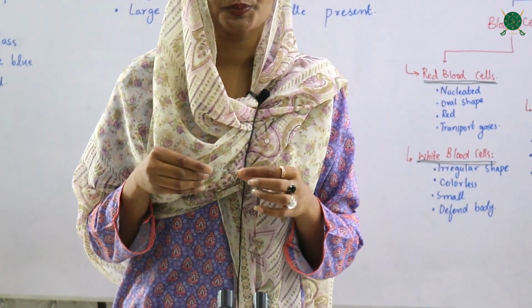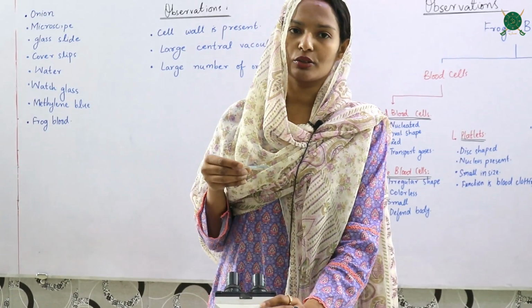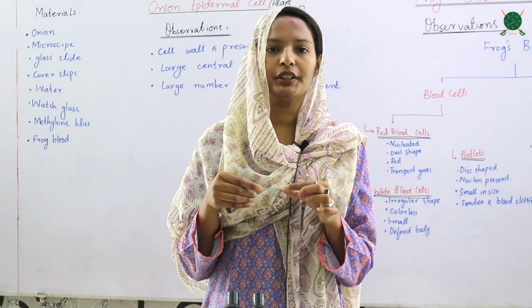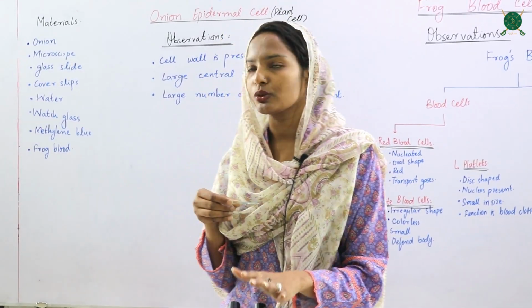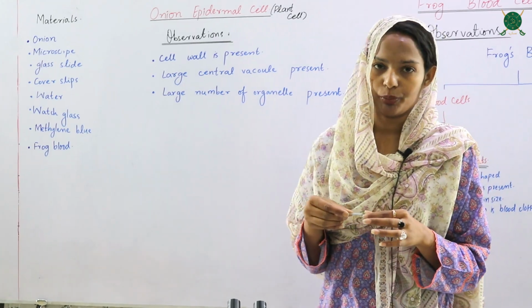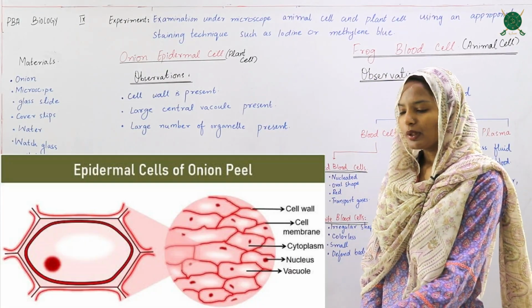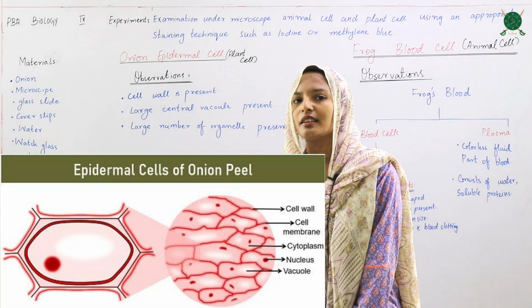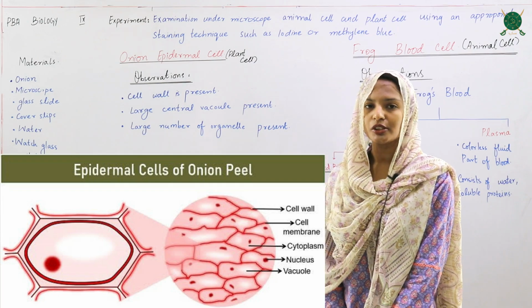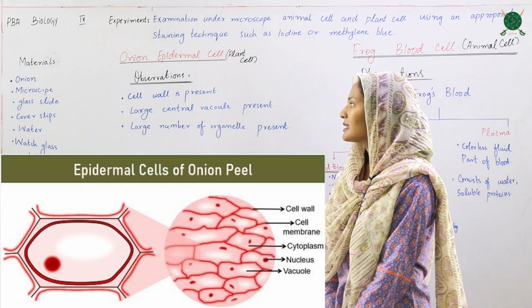Now your slide is prepared, and with the help of a microscope you will observe the onion epidermal cells under the microscope, and then you will make the observations. When you see the onion epidermis under the microscope, you will be able to make some observations, such as